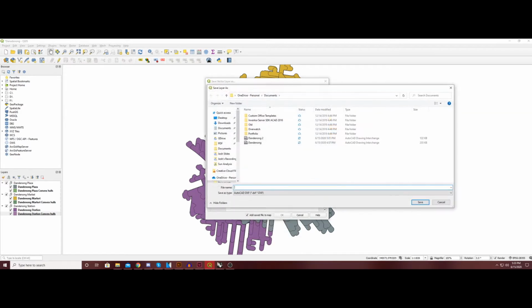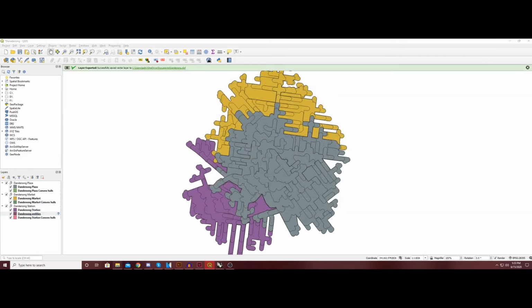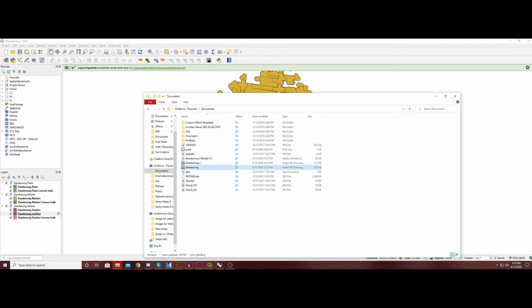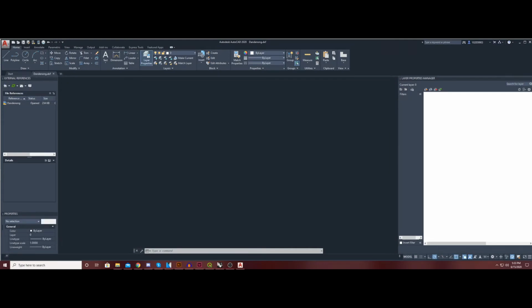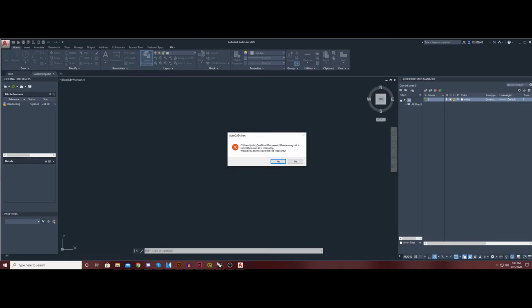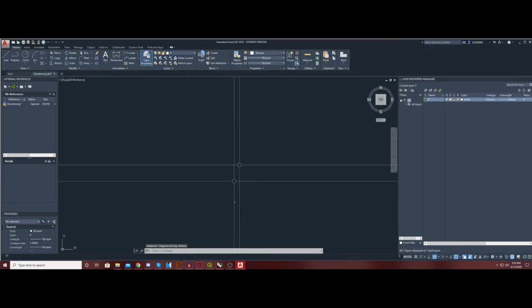So change the file name. As you can see here, I've already done this process before. Save the file, override it, and then open the AutoCAD drawing. Now when opening an AutoCAD drawing, you must take notice that sometimes it gets an error and doesn't really work. So you need to be careful, and you just need some patience in opening it. Just like so. In a minute, there's going to be an alert. Just say no, zoom out, and as you can see